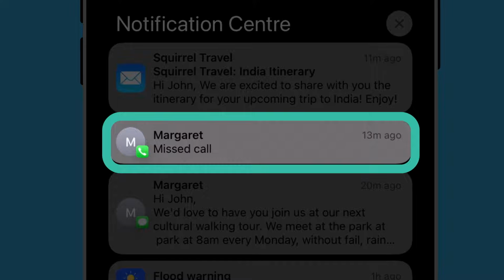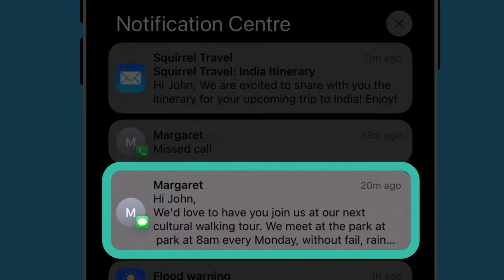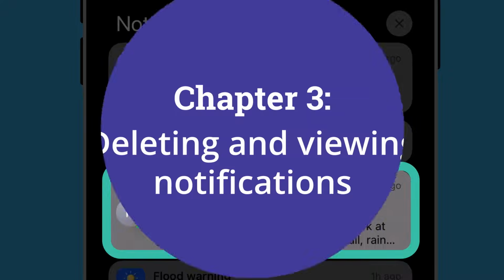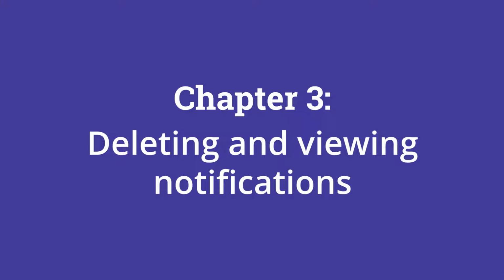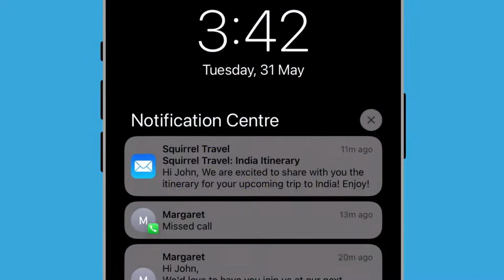And if you get a text message, the notification will show the text message so you can read it quickly. You can swipe a notification to view options or tap it to go straight to the app that created it.